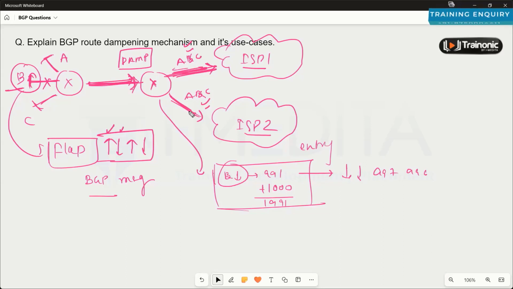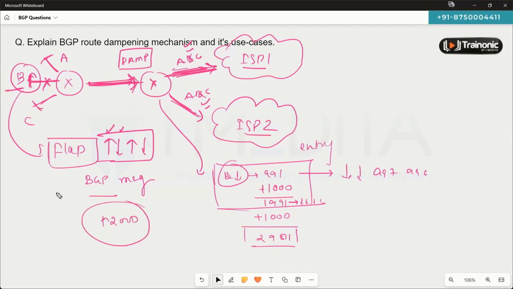Now, next time, let's say this subnet has gone down again, this router notices that the subnet has gone down. It is going to again add the penalty. It will increase the penalty by 1000. Again, as you remember, this penalty will keep decreasing throughout the time. So there are chances that this will be like whatever. Now the point is, as soon as the penalty crosses 2000, I'm specifically talking